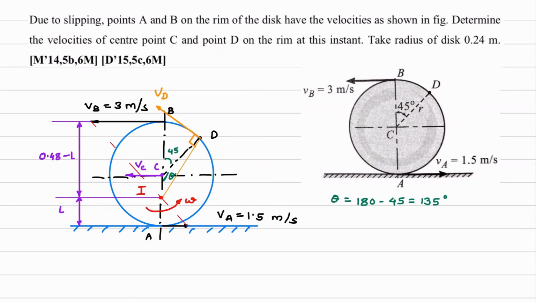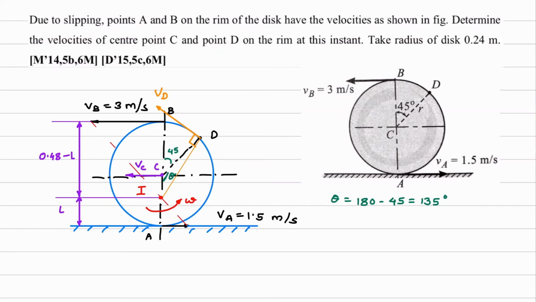Now we have to find velocity C. So velocity C will be IC into omega. Now we will find the direction of this omega. Keep your thumb at I, keep your index finger at B, and rotate your index finger in the direction of velocity. It is anti-clockwise. So here you can see I have marked omega in the anti-clockwise direction. Same is valid for VA also. Keep your thumb at I, keep your index finger at A, and rotate your index finger in the direction of the velocity vector. It is anti-clockwise. So omega is anti-clockwise.